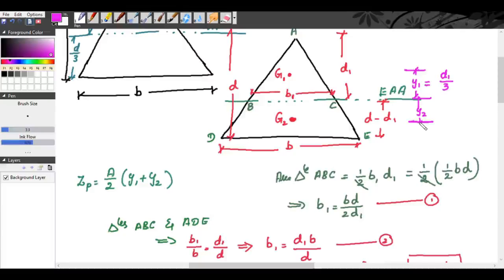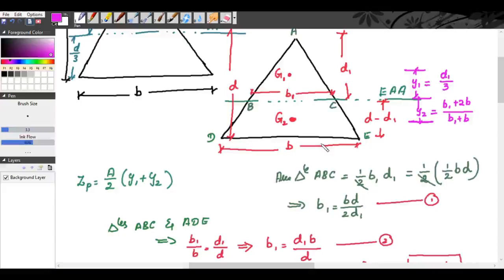The center of gravity of a trapezium section from the smaller breadth is equal to, this distance is equal to, B1 plus 2 times B divided by B1 plus B. The shorter width is the top width. So this B1 plus 2B divided by B1 plus B